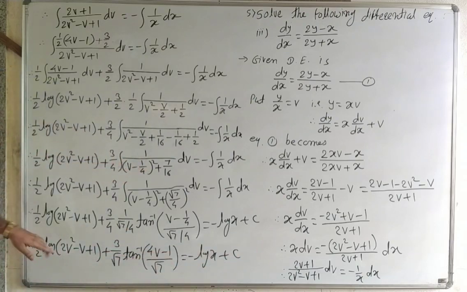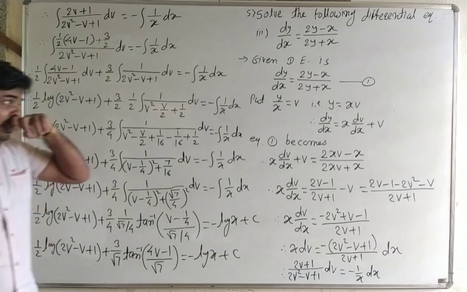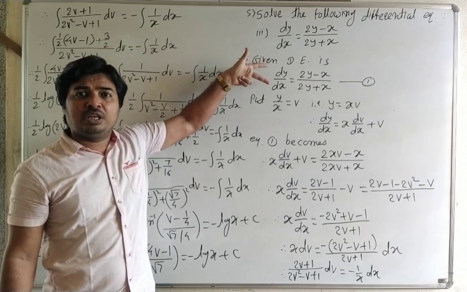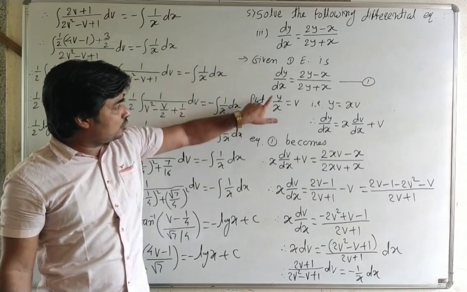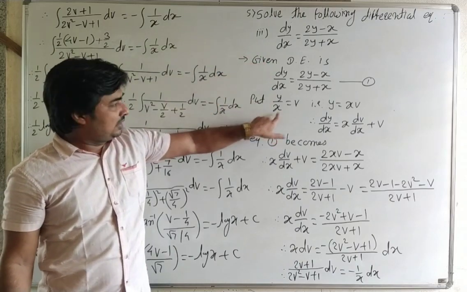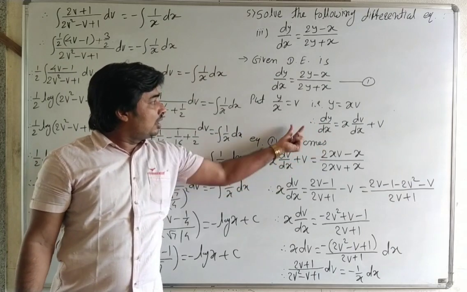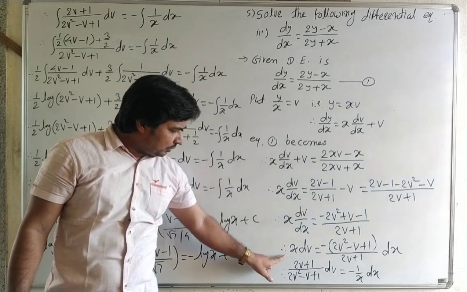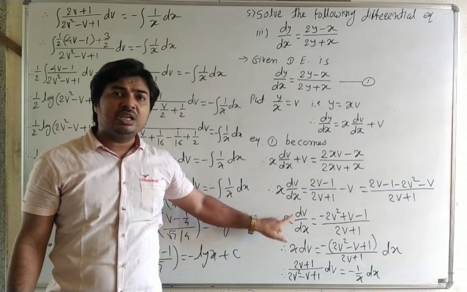Here it is the integral of this term. But now here put the value of phi. Okay, here see carefully all the terms. First, it is a homogeneous differential equation. For a homogeneous differential equation, we put y by x is equal to phi, then dy by dx is equal to this term. From this, equation 1 becomes of the form, now here it is in the variable separable form.